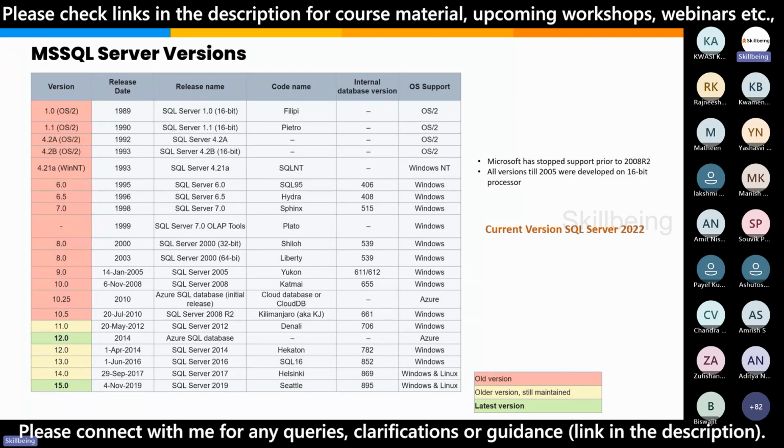For example, if you look at your iPhone series, starting from iPhone 4, we have iPhone 15, and iPhone 16 is also coming now. So iPhone 4, iPhone 5, 6, 7, 8, 9, 10, 11, 12, 13, 14, 15. These are all the different releases of the product. Like that, Microsoft SQL Server also released this DBMS, this software,